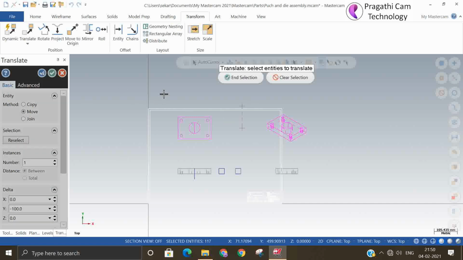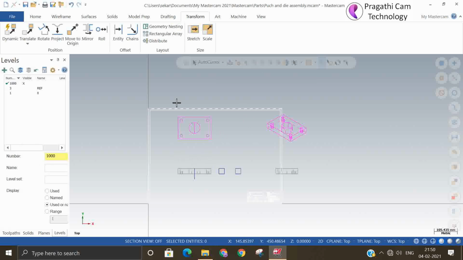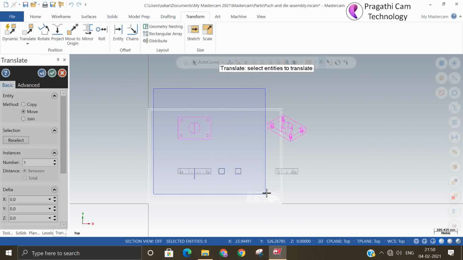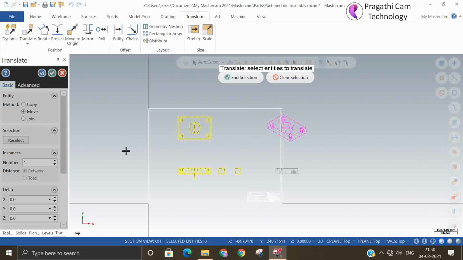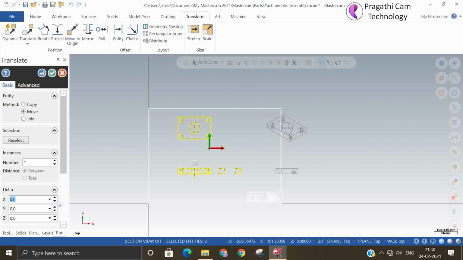Okay. So in horizontal also I need to move. I'll select again, I'll translate. So we need to bring the outer portion inside also, translate. You can select this also, or move it a little inside. X I need to move.